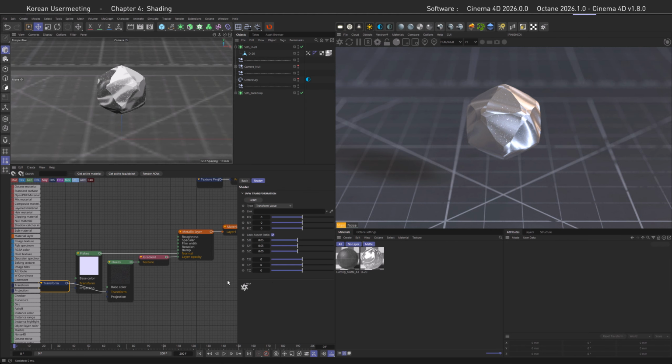Small tip in between, you might have noticed that Octane is creating previews for the material balls as well as the objects in the viewport. This can lead to stuttery node tree editing, so what you can do is disable the OpenGL as well as the material previews. But back to topics, now that the flakes are created,